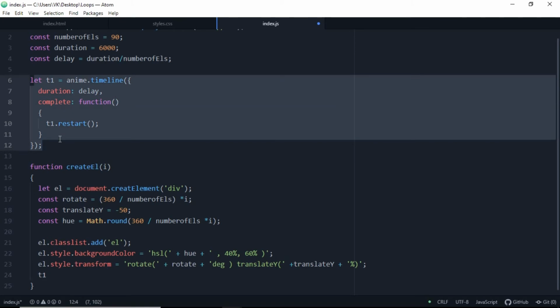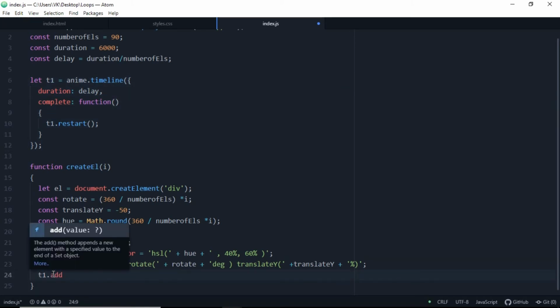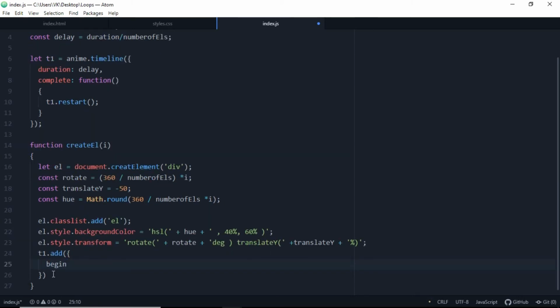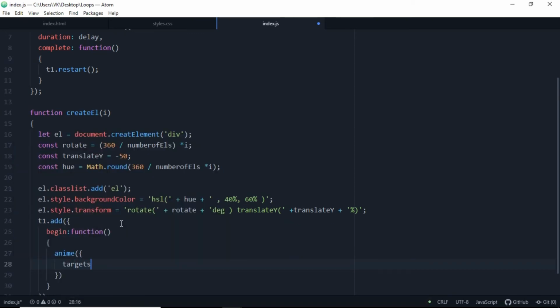So we have this t1 here, let t1 is equal to anime.timeline. So you're using anime.js here, and for that we are using t1.add and a bracket inside curly braces. At begin we are going to add some function here. When this t1 begins, we are going to add some function, which is anime, brackets, inside that we will have curly braces.